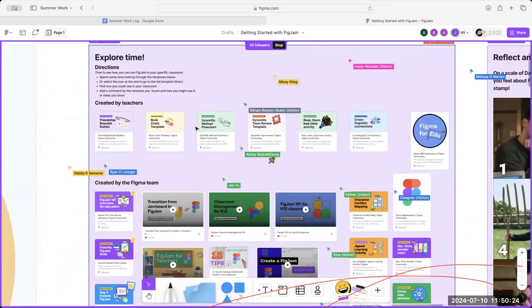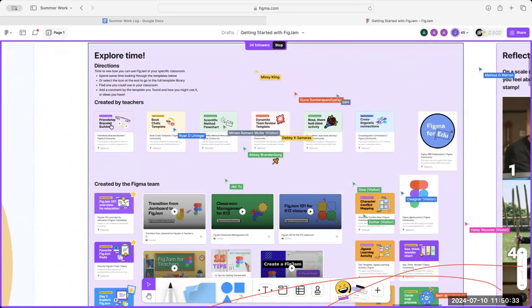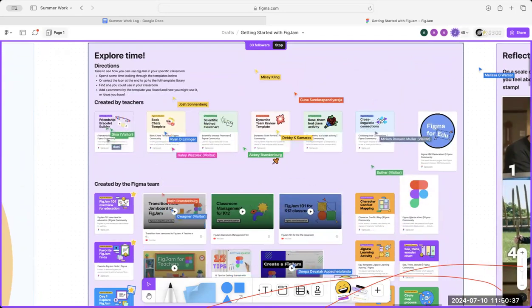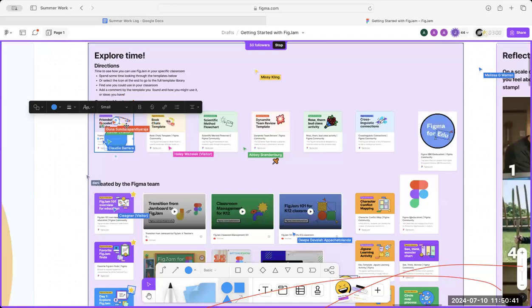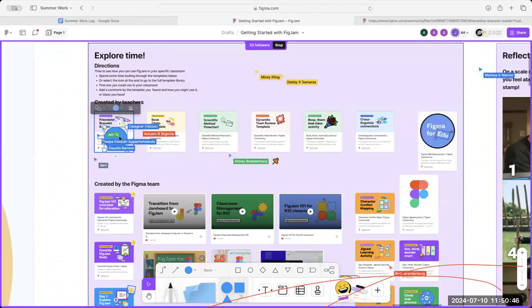This is a selection of different learning tools you could pick from, different FigJam boards if you wanted to make a copy. So where you see like this friendship bracelet builder, if I click on where it says friendship bracelet builder, and you can click on it as well, that's this one right here. When I click on it,